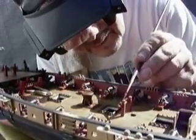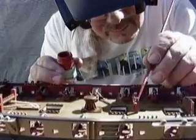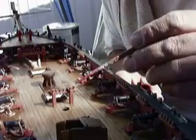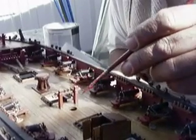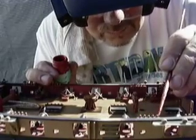An interesting note about the paints for this ship: the ship model is made by a company called Caldercraft out of England, and they actually suggest that you use their paints, which I did, as you see me using here. Quite interesting, these are the actual paints used on the HMS Victory today. Not model paints, but the real paint used on the full-size ship. And these are the same colors, of course, that were used on the ships back in the 1700s and 1800s